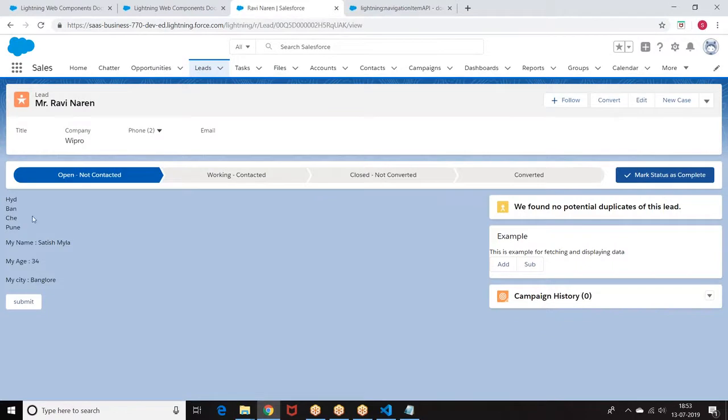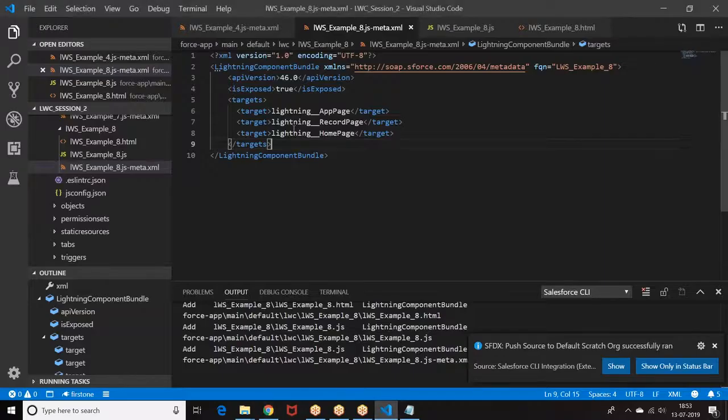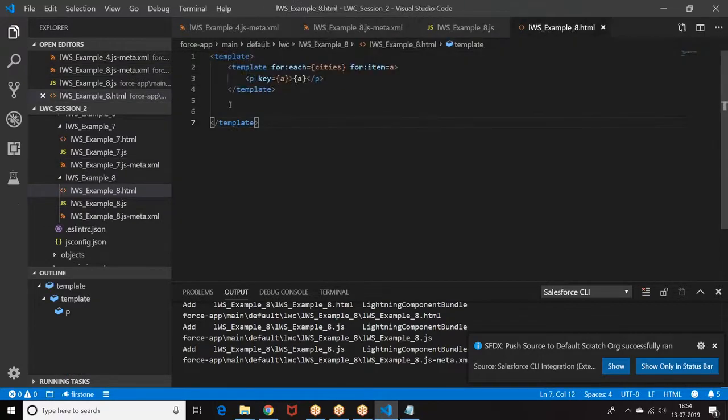We got an array of elements here. This is one of the ways of displaying the data: for each and for item. Here we also have a different structure. The other structure that I have is a